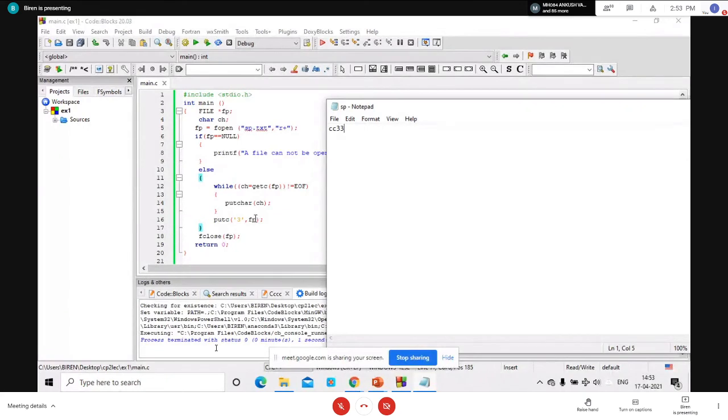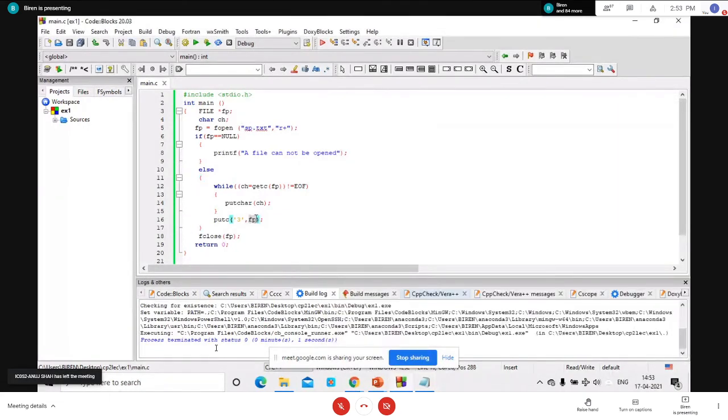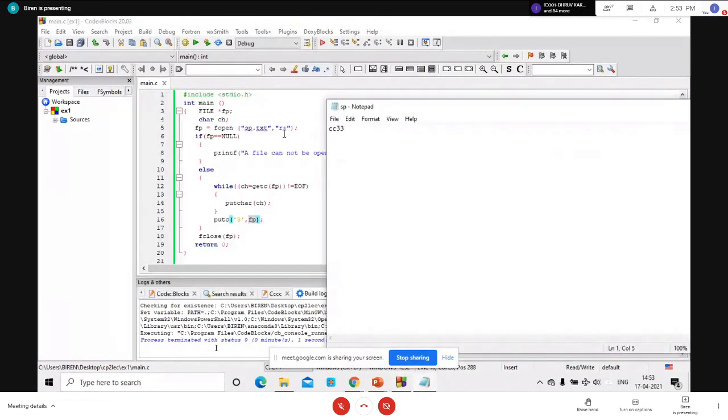Which file? The sp.txt. Why? Because you have used the file pointer fp, which is associated with the sp.txt file in r plus mode. R plus mode means you can read as well as write something inside a file. So if I execute this code, then I'm going to observe an additional 3 here also. Three times 3 you can observe in this file.